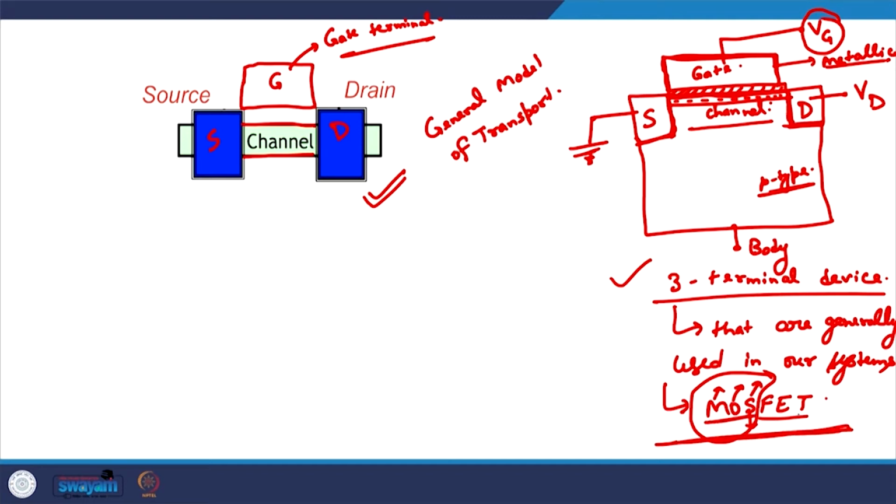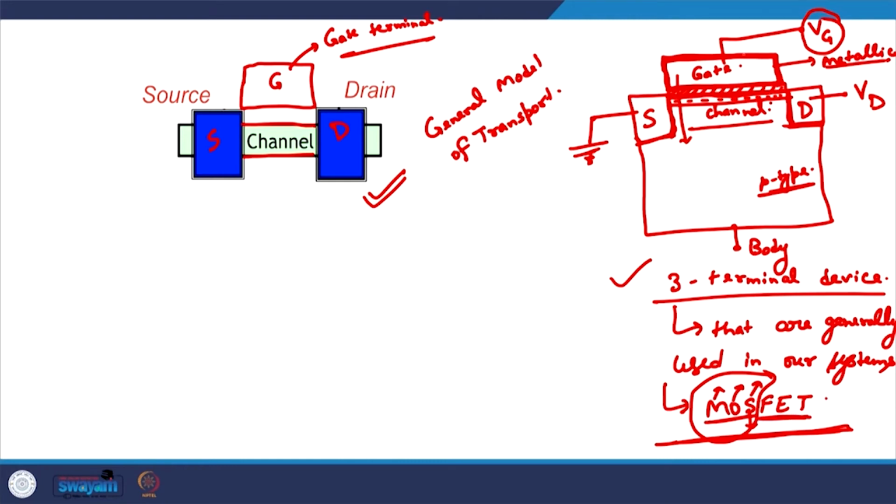And in the MOSFET, the second part essentially means the field effect transistor. The field here is the electric field. And what is the meaning of field effect transistor? It means that the functioning of this device is dependent on the electric field that is generated by the gate voltage. So the gate voltage that we apply essentially generates an electric field in this direction, and that governs the functioning of this kind of device, and that is why it is known as the field effect transistor,